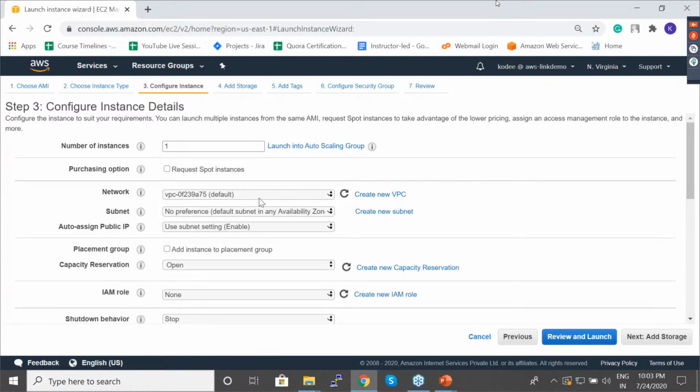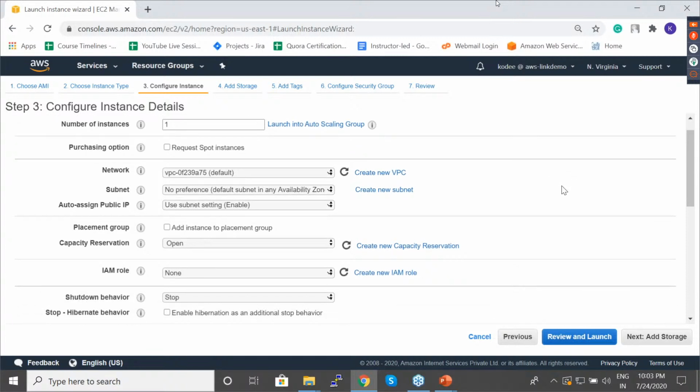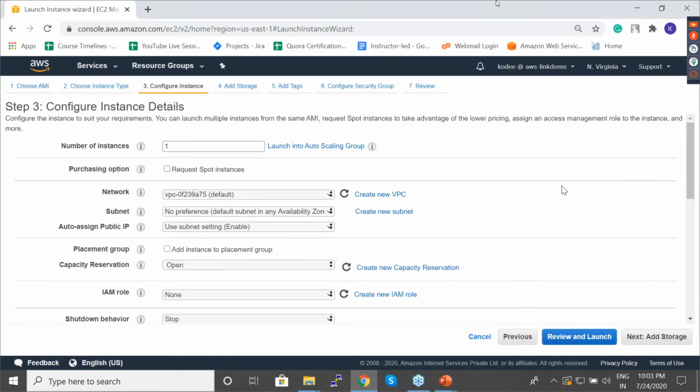I'll not be going deep into, for example, VPC or subnets. Those are huge concepts again. So I'll just briefly explain what a VPC is. It is a virtual private cloud, and it is to create an isolation within your cloud profile itself. For example, if your instance is within your VPC, another AWS account cannot enter your VPC and access your instances, or nobody else can.